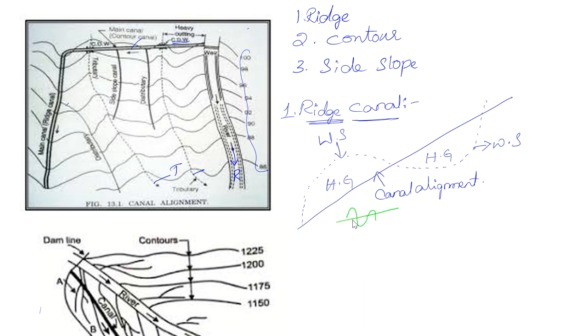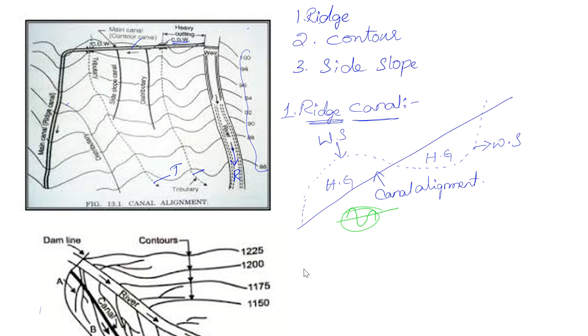This contour alignment should be in such a way that it should be in a straight line manner. Okay, this is your ridge canal, and this ridge canal checks the drainages of this part, and a cross drainage work has therefore been provided. The cost analysis should therefore be made before aligning the canal straight to reduce its length. Okay, and this is going to create a bypass towards towns and villages situated near the watersheds. This is all about your ridge canal.